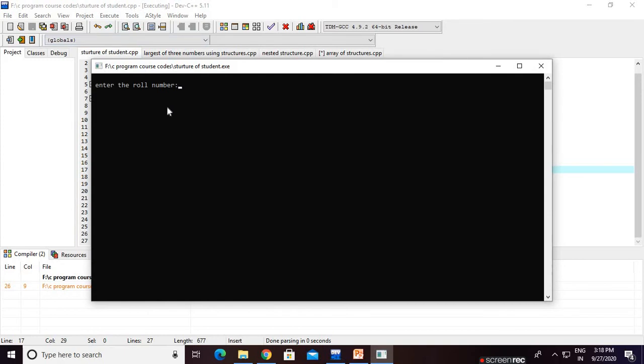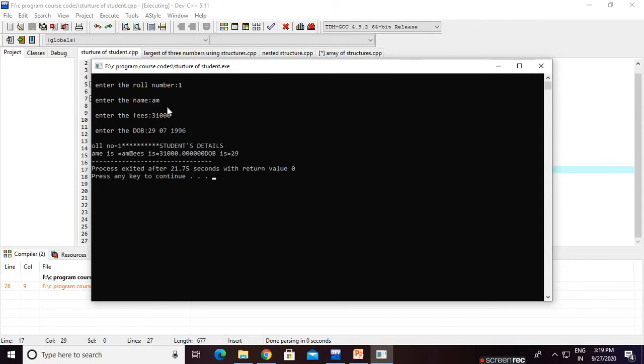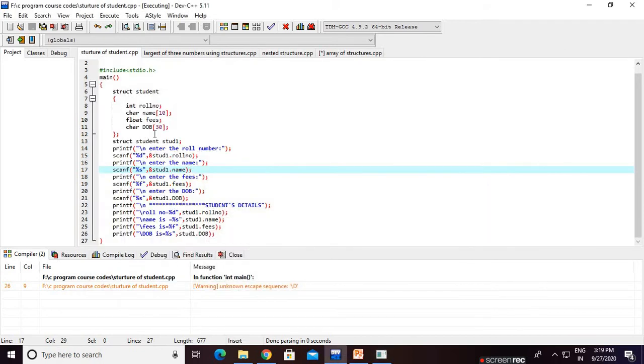Enter the roll number. The roll number is 1. Name is AM. Fees is 31,000. Date of birth is 29/07/1996. Now the printing is haphazard.